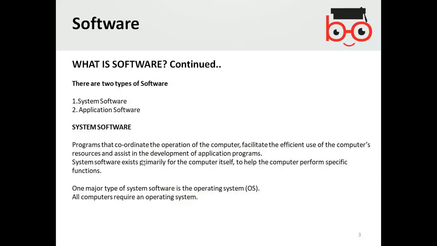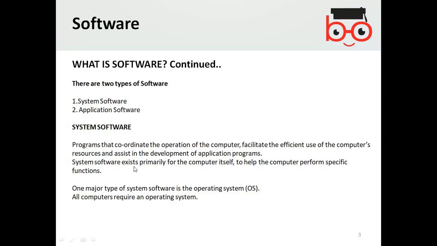Let's say if I use VLC to watch a movie, VLC is an application software, but it needs a certain system software to run with. So that is one kind of application software. And for example, if you wanted to create some animation, in order to run the Flash software, you need the system software again. So in this way, the system software is important.